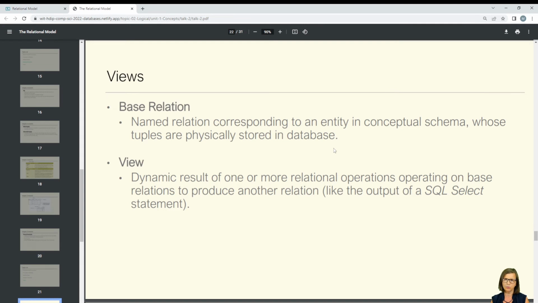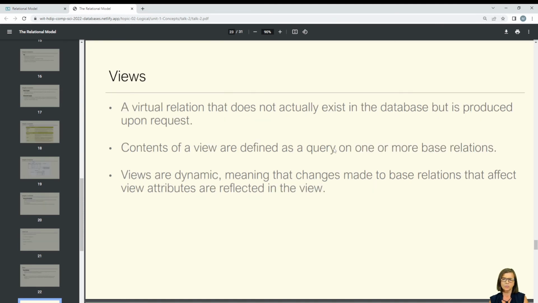So they would give me all the Waterford students: the names of all the students, their addresses, what course they're doing, what year they're in, but that would only be for students from Waterford, that type of thing. So a view is a virtual relation that does not actually exist in the database but is produced upon